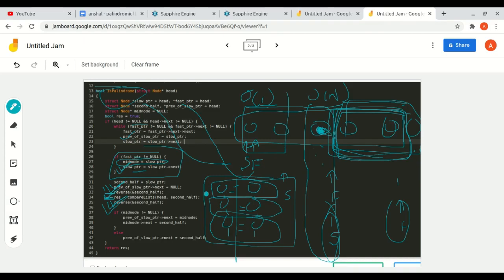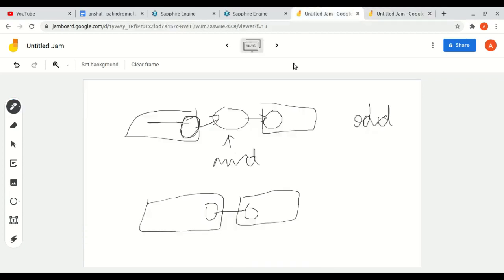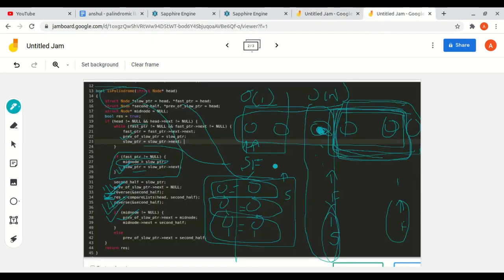So I have written the same. If mid node is not equal to null, that is there is a value in the mid node, it is a case of odd, sorry. Previous of slow pointer's next is the mid node, and mid node's next is the slow pointer, the second half.